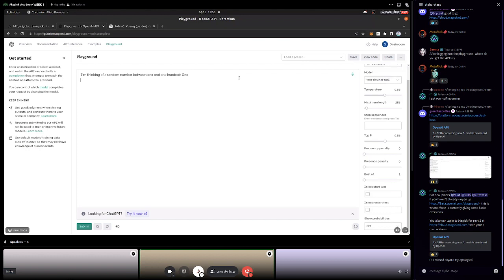And if you have like 5 of them, it can rank them and then give you the best completion of those. So if you have something that is really mission critical and it works 95% of the time, but it would work like 100% of the time if you got the best of 3 result, you might want to use that sort of best of parameter. I would say, though, that we tend to leave this at 1, especially in our kind of prompt pipelining, because we have so much going on that we need a certain level of determinism, and that can really rack up cost, right? Because you're having to run the thing, for best of 3, you're running it 3 times. You get some cost savings in the context, but not a lot.